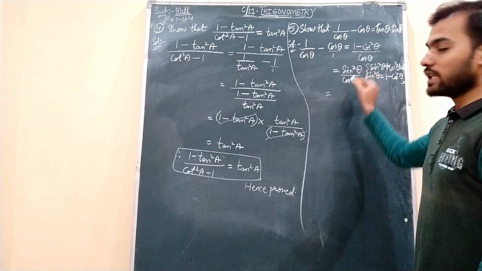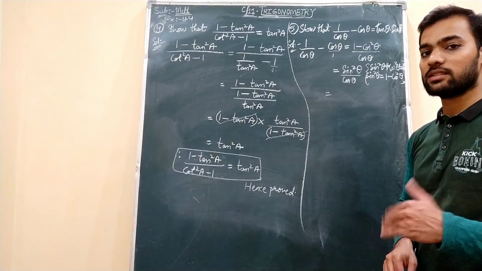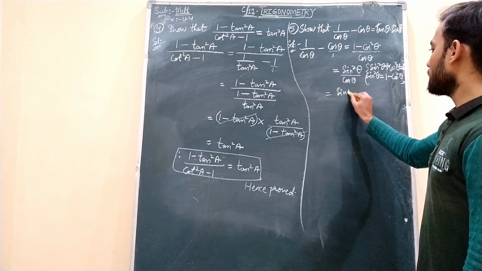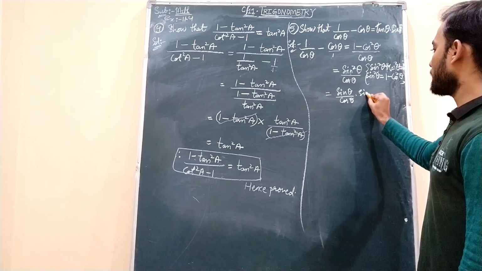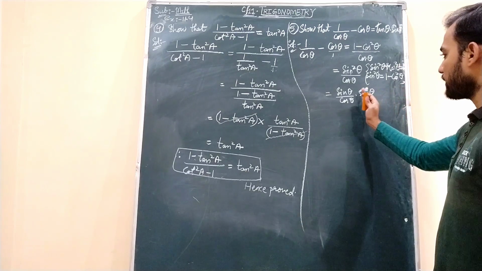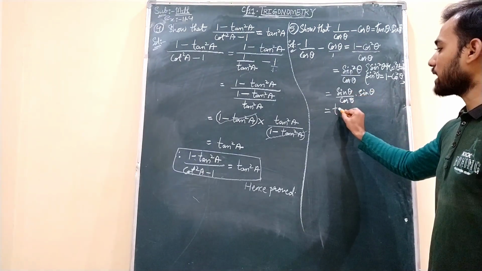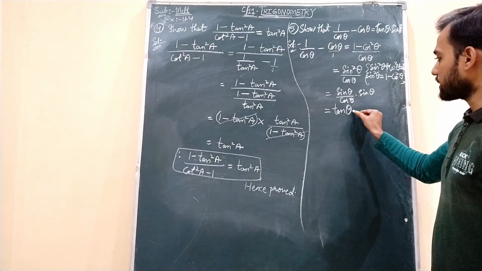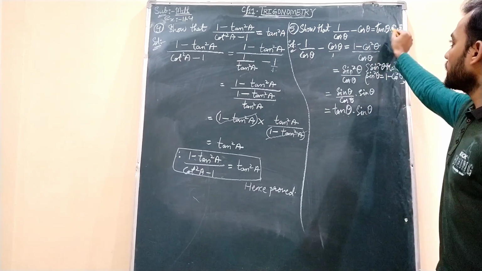Now sin square theta means it is 2 times, right? As I said in earlier classes, 3 square means 3 into 3. So similarly sin square theta means sin theta into sin theta. I am writing it separately. Sin square theta means sin theta into sin theta. So I have written this separately. And we already know that sin theta by cos theta is tan theta as per that specific angles table. Sin theta by cos theta is tan theta, and this sin theta remains as it is.